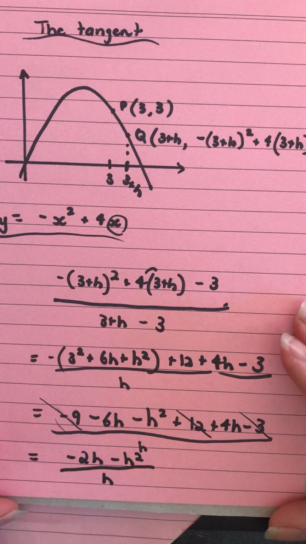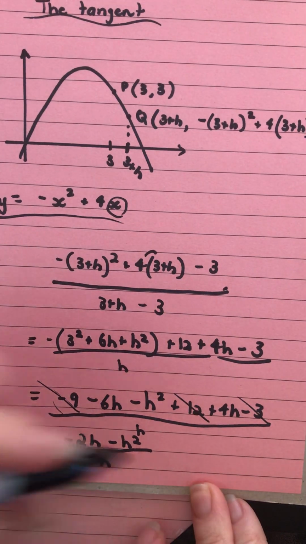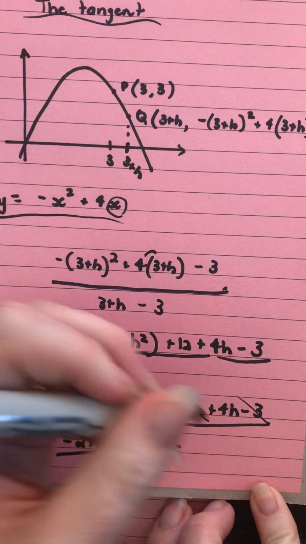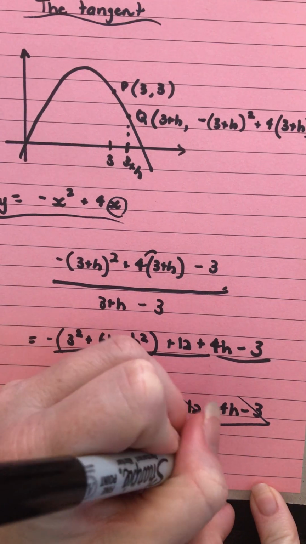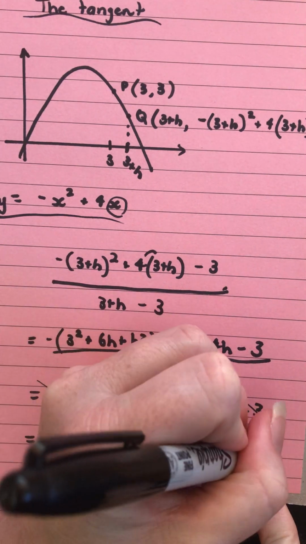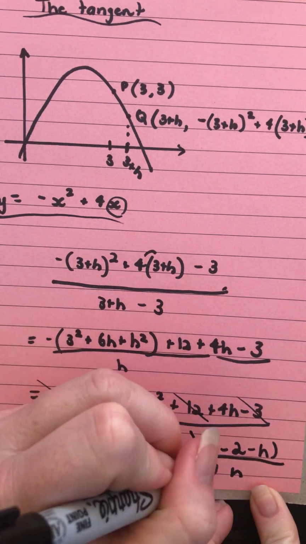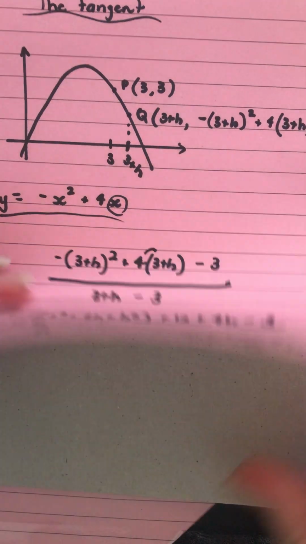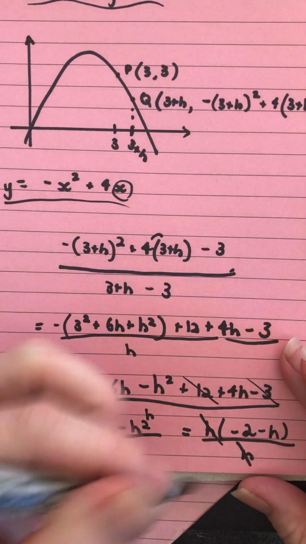Then I'm going to factorize that, so I'm going to take an h out the front, and I get minus 2, take h, over h. I can then cancel my h's out, and I'm left with negative 2